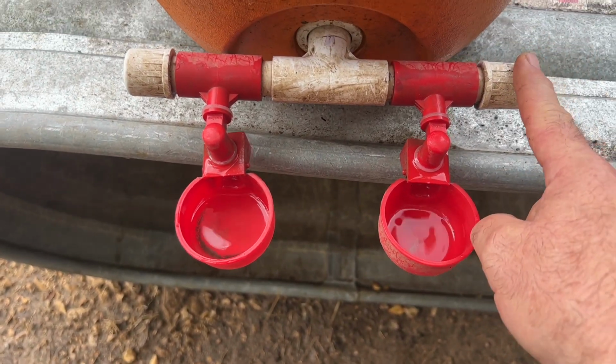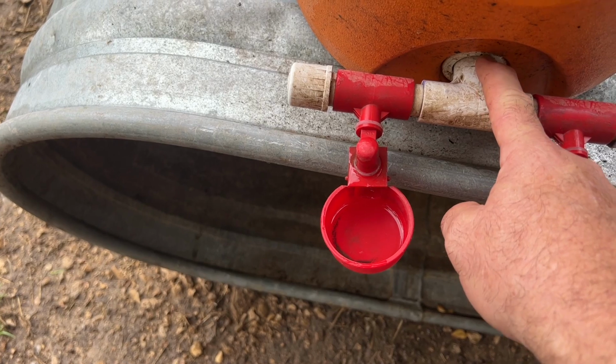Half-inch pipe, half-inch cap. Now, as far as what goes in here, it's just a little 1-inch piece of half-inch PVC that's threaded on both sides. It's called a nipple. So it's about a 1-inch nipple. And because the threading is different on the 1-inch nipple than it is on the spigot slot for the cooler,